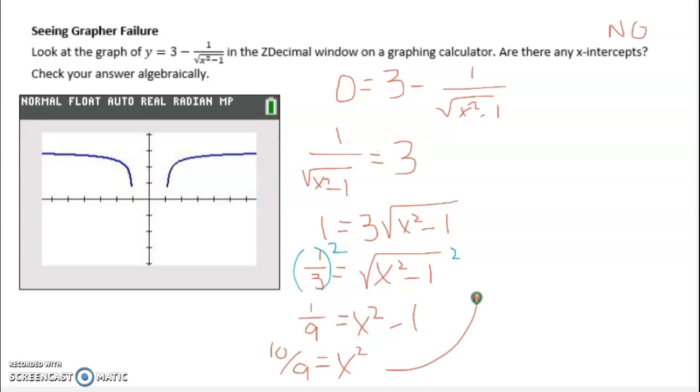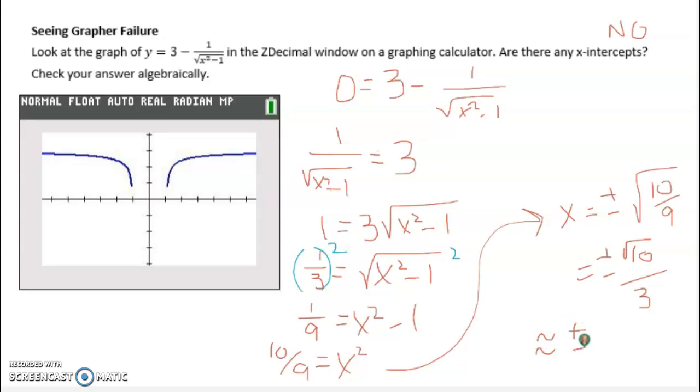When I take the square root of that, I get x equals plus or minus, because I do have a positive and negative, square root of 10/9. I can go ahead and simplify that and say plus or minus the square root of 10 over 3, or approximately plus or minus